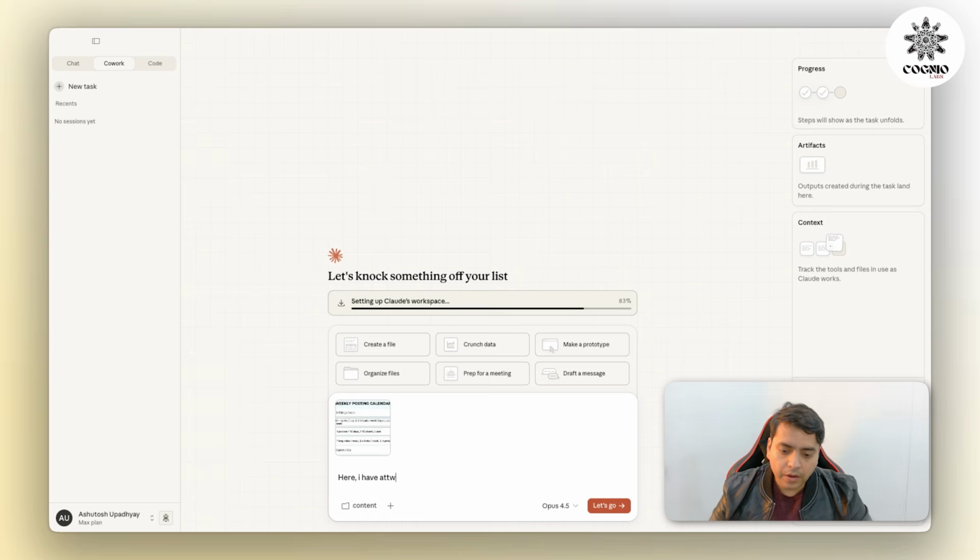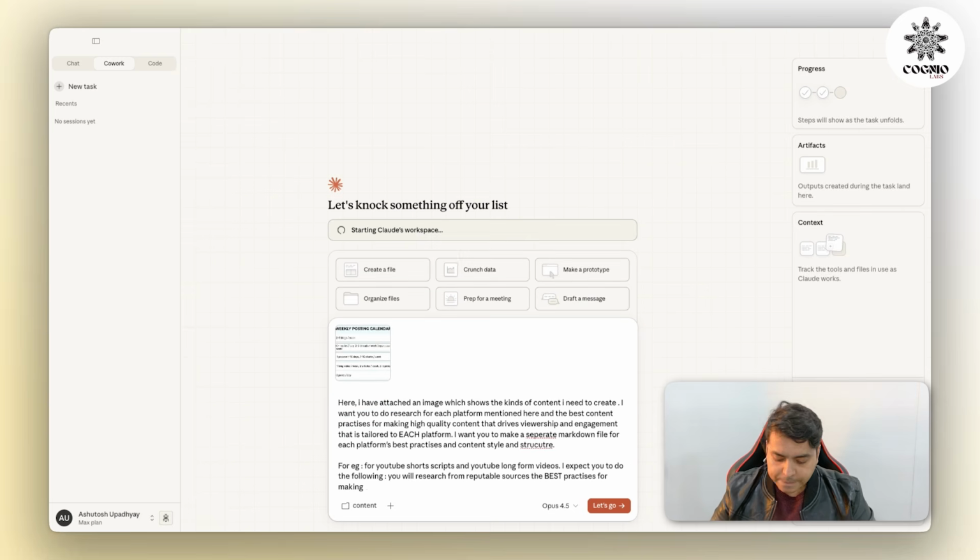I have attached an image which shows the kinds of content I need. Engaging content on YouTube, I have that in a file called YouTube.md in the